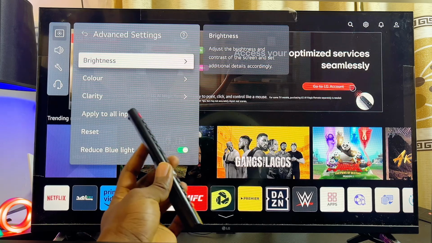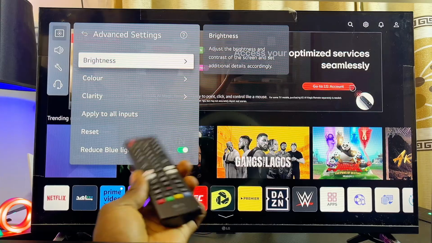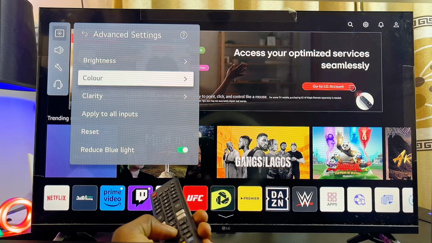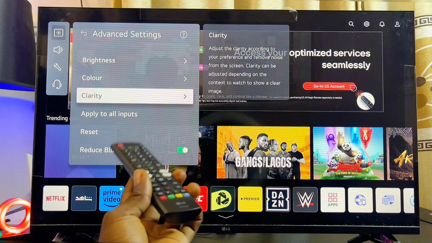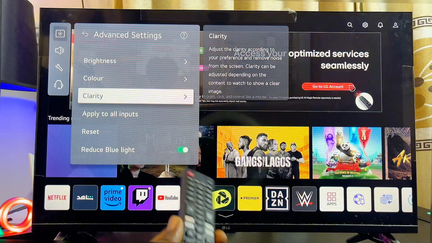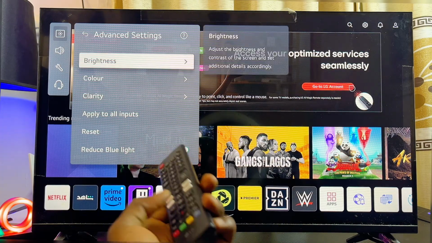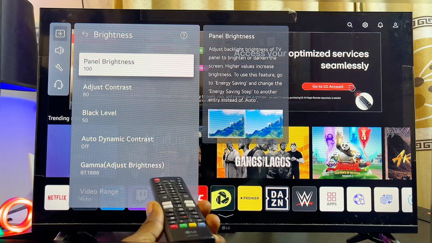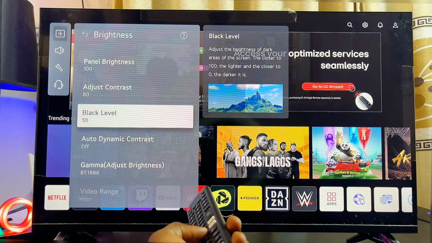What's up guys, in this video I will guide you on how to adjust the advanced color settings or picture settings such as the brightness, saturation, sharpness and picture clarity of your LG Smart TV. It doesn't matter the model of LG Smart TV you have, I will guide you on how to find these settings on your LG Smart TV and also adjust them according to your preference. So by the end of the day, you can get the picture quality that you actually want from your LG